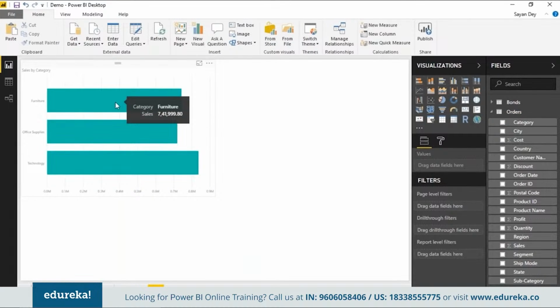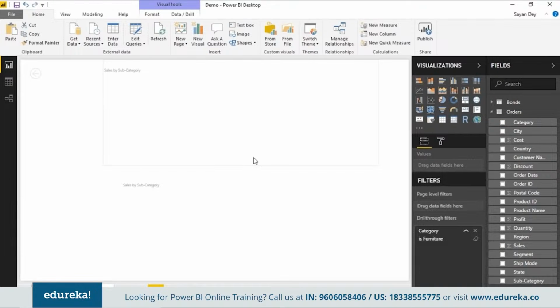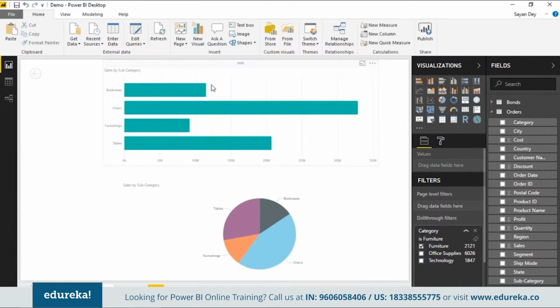So I'm looking at a particular category. I want to know more about that category. So go to subcategory, show me more about furniture. Now whatever you're seeing right now is about furniture, right? You're seeing all the top subcategories in furniture. Now, interestingly, you see furnishings has not done that well. So furnishings is kind of a laggard. You want to see what's happening in furnishings.